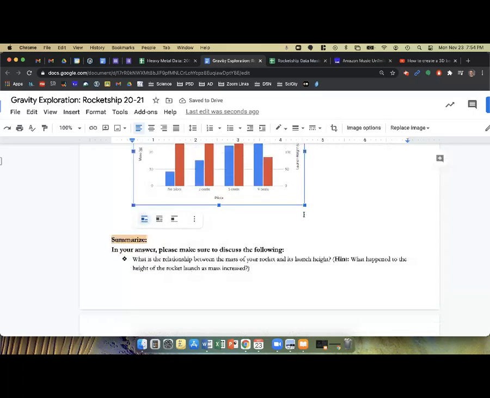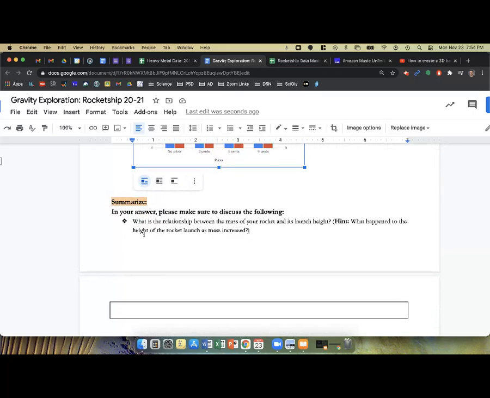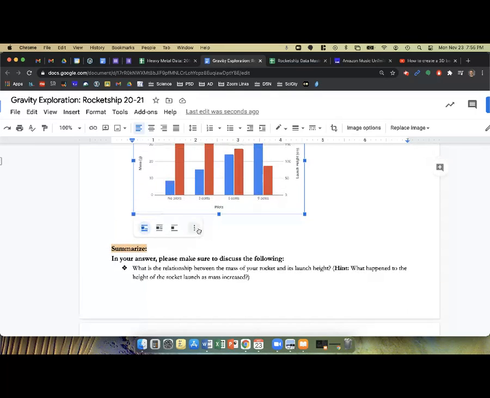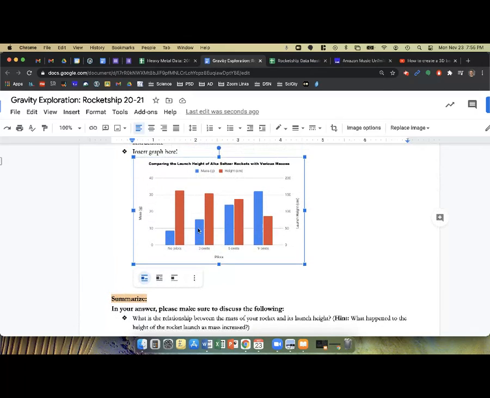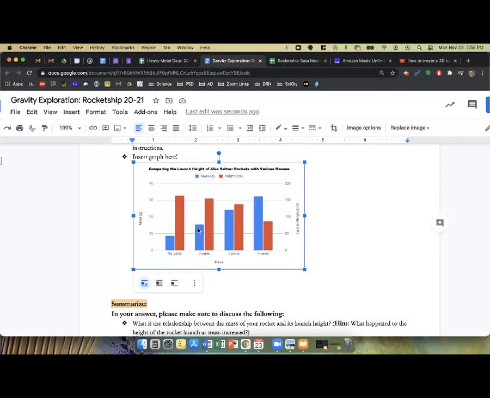And then answer this question below where it says summarize. What's the relationship between the mass of your rocket and its launch height? What happened to the height of the rocket as its mass increased? So what does it mean by relationship? What I'm asking is whether it is a direct relationship or an inverse relationship. A direct relationship would be: as we increase the mass of the rocket, we add more pennies,